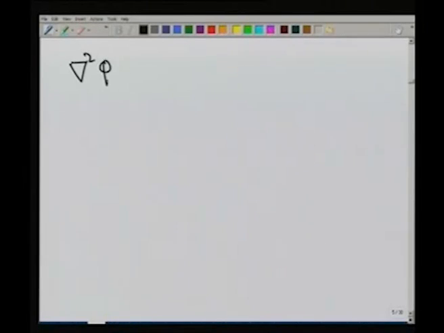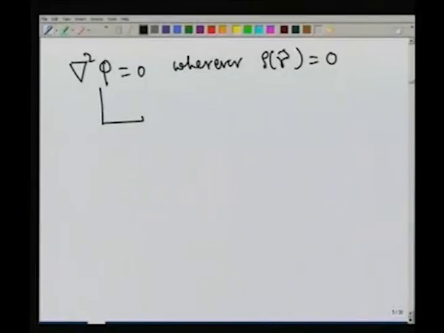So, what does it tell us? It tells us that almost everywhere my del squared phi equal to 0. What do I mean by almost everywhere? Wherever rho of R equal to 0. And rho of R is non-vanishing only in a certain finite region in space. Therefore, this equation is also of importance because those regions might actually correspond to charge distributions on the conductors. They will specify certain boundary values for the solution of this phi. This equation is also important and this goes by the name Laplace's equation.